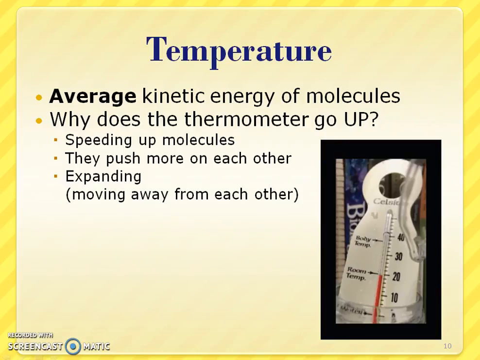So how does that thermometer go up in temperature? Well, your molecules are going to be speeding up. They push more on each other. They hit each other. They hit the sides of the container more. And a lot of times things are just expanding. So, of course, when we heat things up, just like we did in our magnesium oxide lab, you heated up that crucible, but waited a few minutes until you massed it out because you did not want to mass it out very, very hot. You would be massing out the expansion as well as the crucible and the magnesium oxide itself.